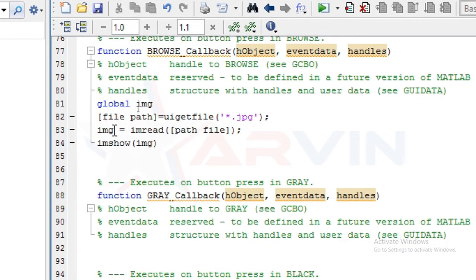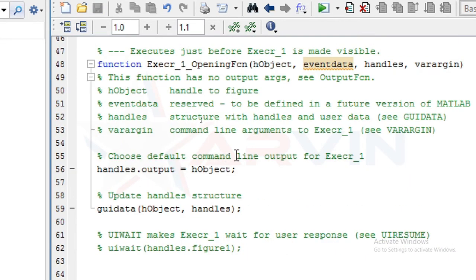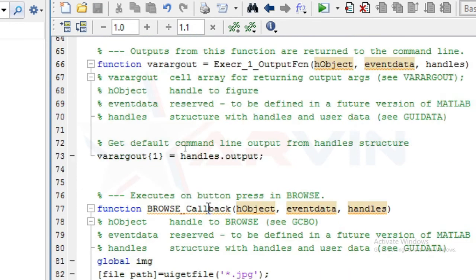After that, go to the opening function of your program and define that img variable there also. So I open the opening function of my program and I write global img over here.